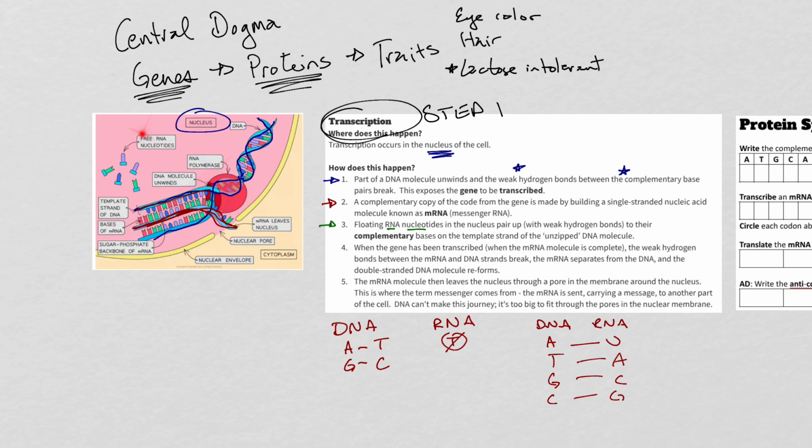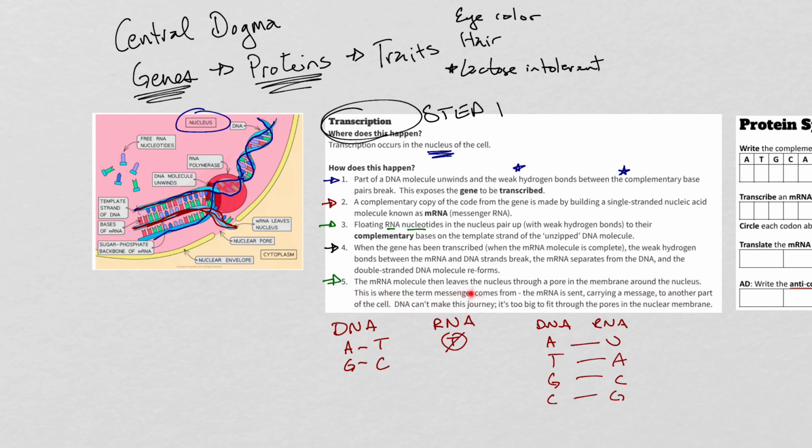Here are our little free RNA nucleotides just floating around in the nucleus. And so when a blue DNA piece is read, a green RNA nucleotide is put on this RNA. And this just keeps going on down. When the gene has been completely transcribed, and transcription is the process of making this mRNA molecule, the weak hydrogen bonds between the mRNA and DNA strands break, the mRNA separates from the DNA, and the double-stranded DNA molecule reforms. The last bit is that the mRNA molecule leaves the nucleus through a pore in a membrane,